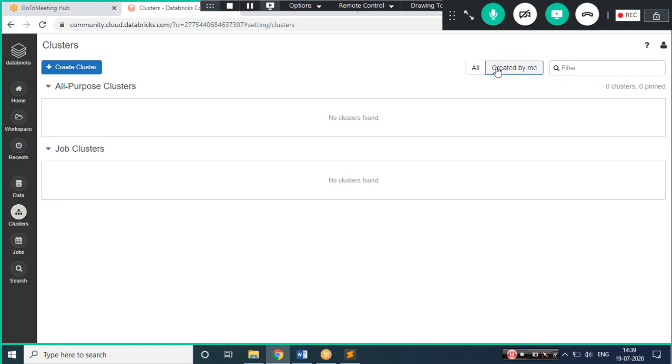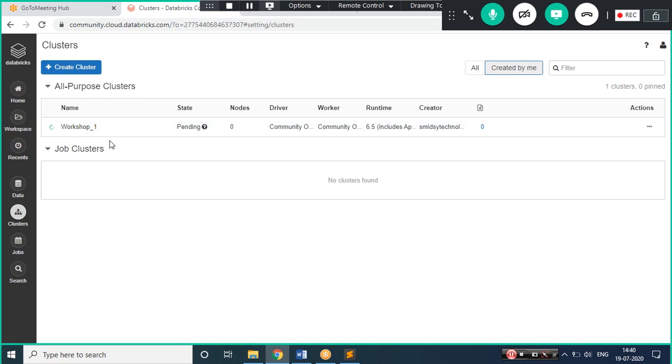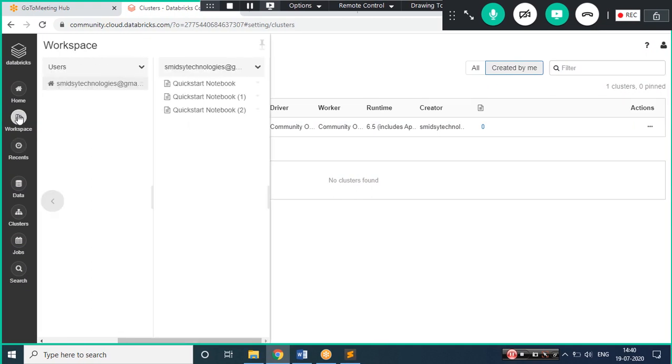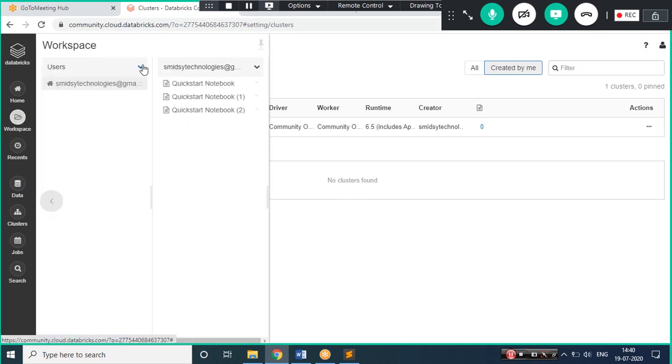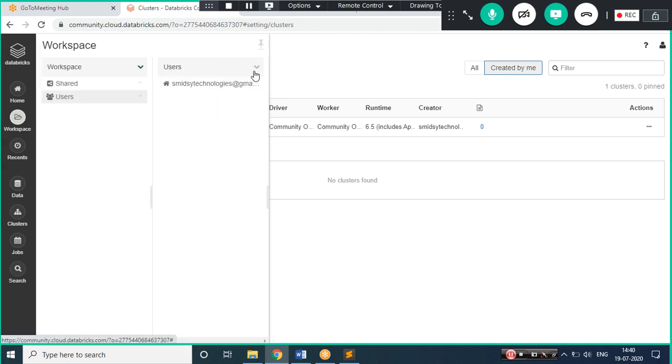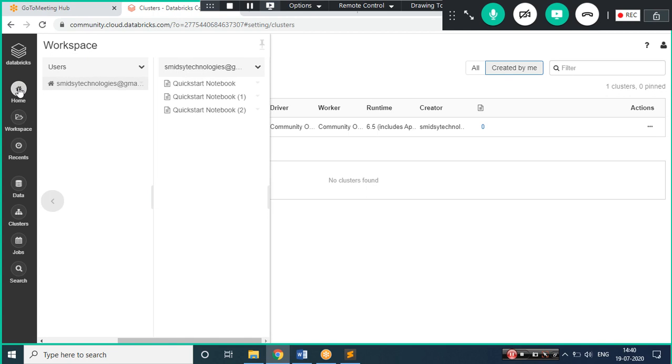Till the time that cluster is created, I'll explore a few things. Whatever notebook you create, you will find the option under recent, as I told you. The workspace will have all the information of your history under this account. I am the user, so from this I have these many things. Home is your actual place where you can reside.